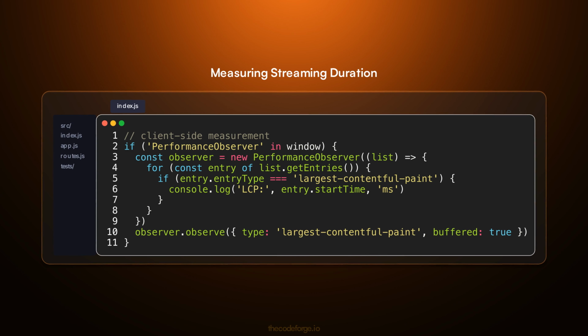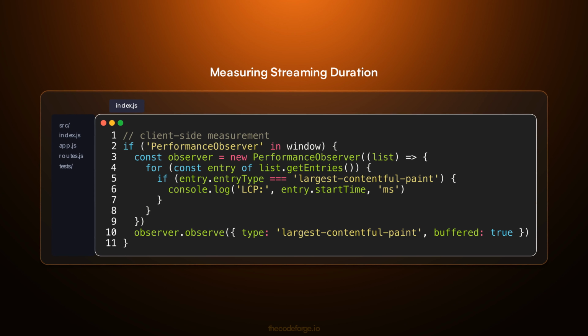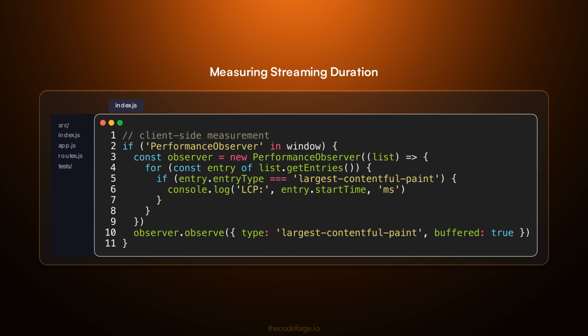The article discusses performance benchmarks, but doesn't show how to measure streaming duration in production. Use the Performance Observer API to track when dynamic slots resolve and log the time between static shell delivery and